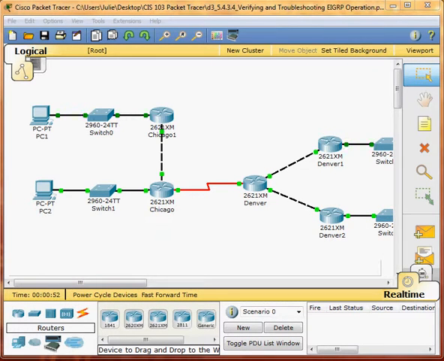This is Packet Tracer 5.4.3.4, verifying and troubleshooting EIGRP operation. The objective is to apply the troubleshooting techniques related to EIGRP to identify configuration issues and also to identify and